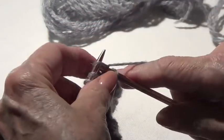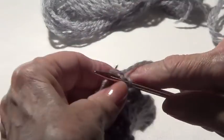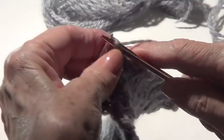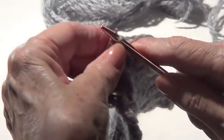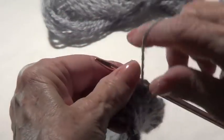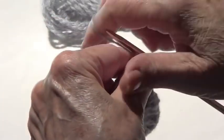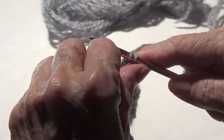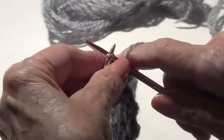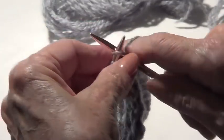And the next 3 are knits, so I knit these 3, the next 2 are purls, so I purl and purl, the next 3 are knits, knit, knit,